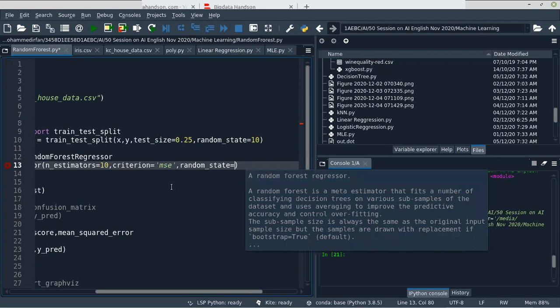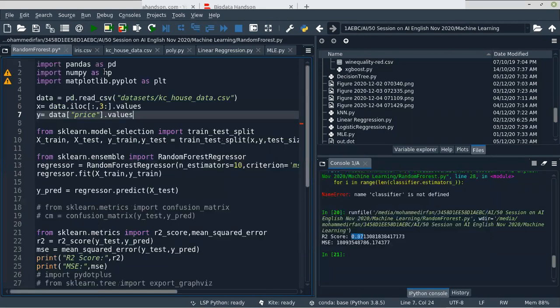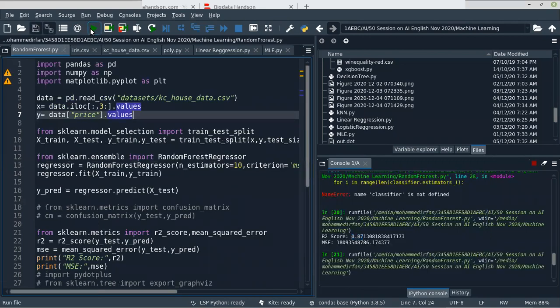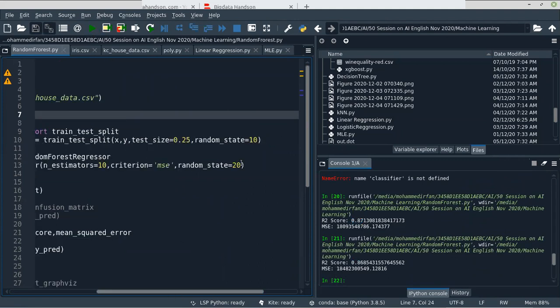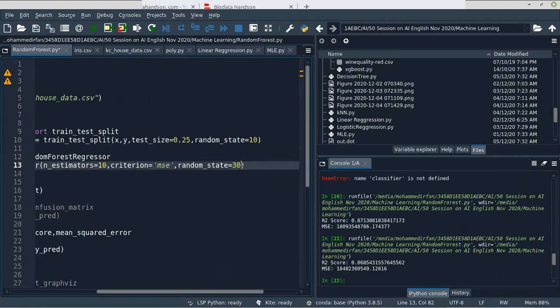Set to 20. You can increase the accuracies also. So now the 86. You can tune the test size and random state parameters here.